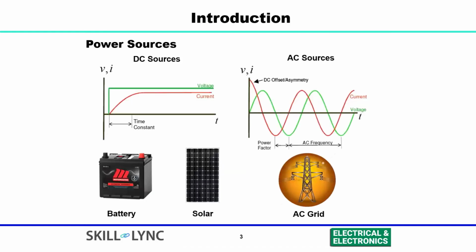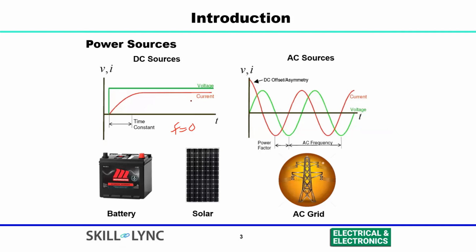Okay, let me start with some basics. These basics are very important to understand DC to AC power converters. First of all, we need to know what kinds of sources and loads are available in power systems. There are basically two types of sources: one is AC and the other is DC. DC is commonly available in batteries, our cell phones, everything, where the voltage is constant with respect to time and its frequency is 0.